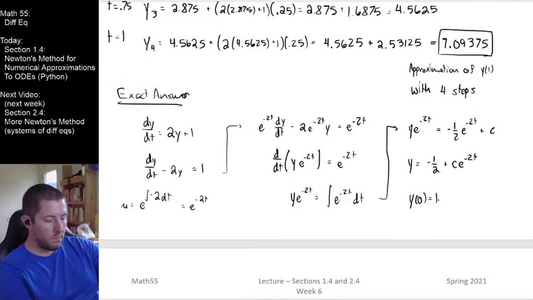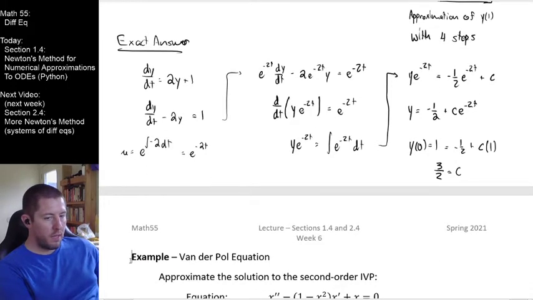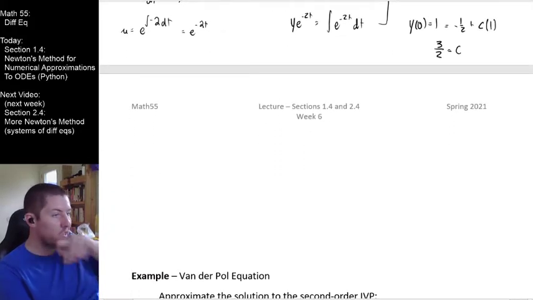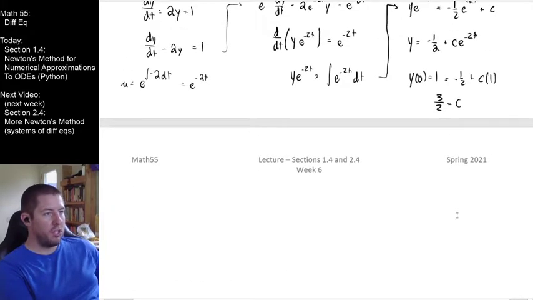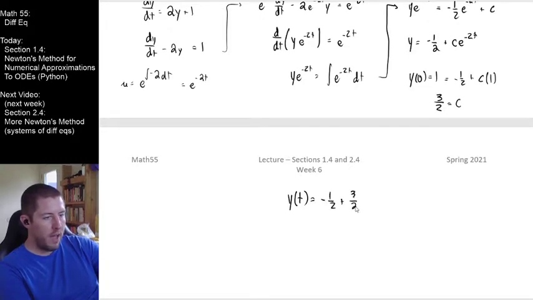When I plug in 0 here, I'm just getting 1, right? So I'm going to add the 1/2 to the other side, and I'm getting 3/2 equals c. And so let me get this guy out of the way here. It looks like our exact answer then should be, I almost got it all in right here, y of t equals, I am seeing our final answer of negative 1/2 plus 3/2 e to the negative